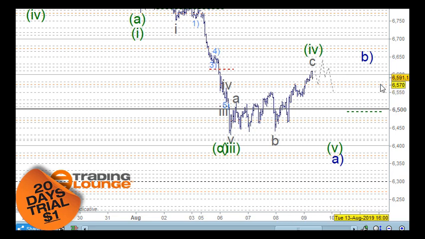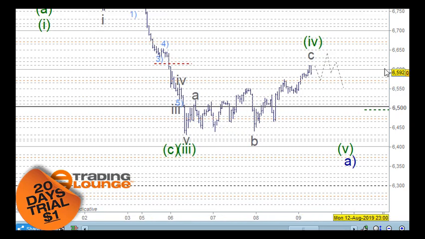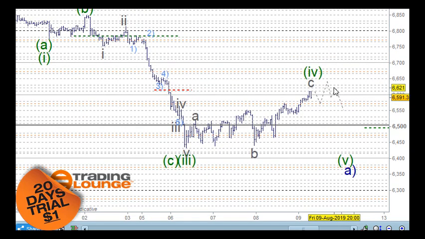So we may need to use the 6,600 as a catalyst to enter a long trade there, and that's how we would do it at this particular point here. So yeah, we need to leave it at that. On the downside here,